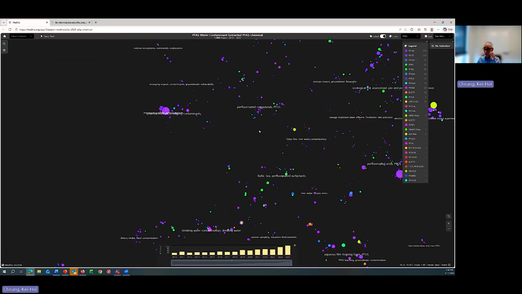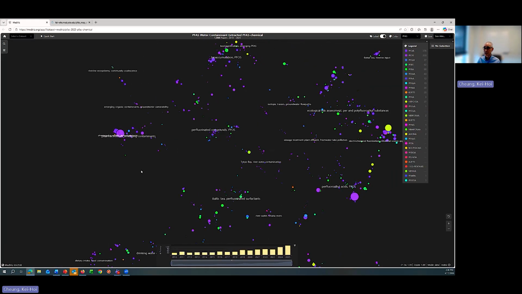This is the MedWiz visualization. In this web-based visualization interface, you can see each circle, or each dot, corresponds to an article, or abstract and title in this case. The size of the dot represents the number of citations.